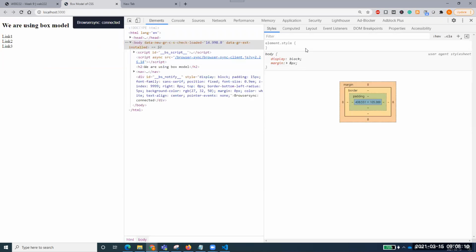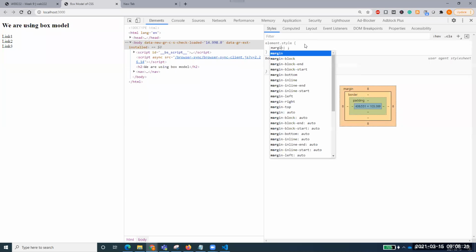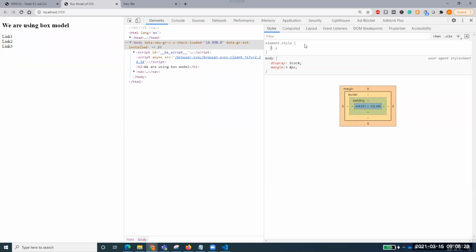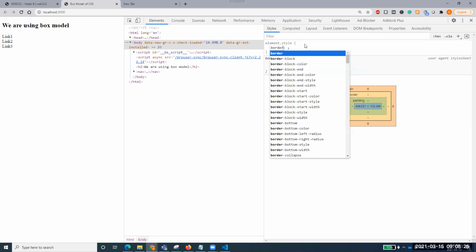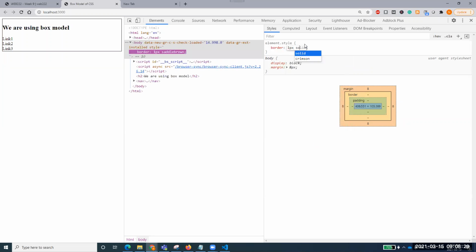Okay, so this was related to margin. Now another very important thing, border. There is something called a border. If I say there is no border right now, we can see the margin, and let's make its margin 0 so that we can see a good effect. Or maybe just keep it over. So now one thing is border. If I write border, there are different values for the border. 1 pixel, solid, gray.